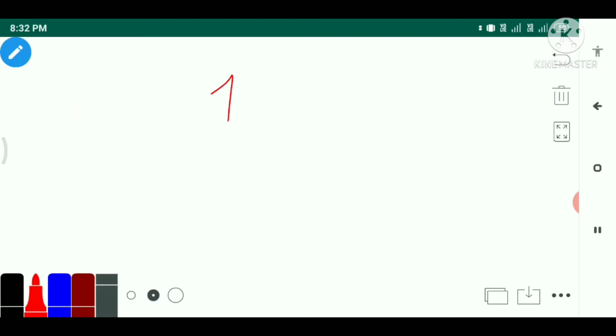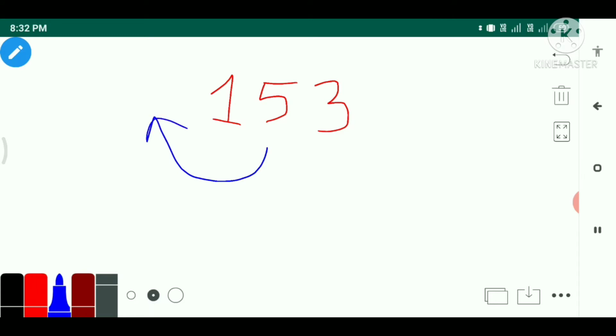Okay, let me give you another example. Suppose one more number is there, 153. Okay, so you have to tell me the number which will be placed before 153. In order to find the number before 153, what we will do? We'll do subtraction.